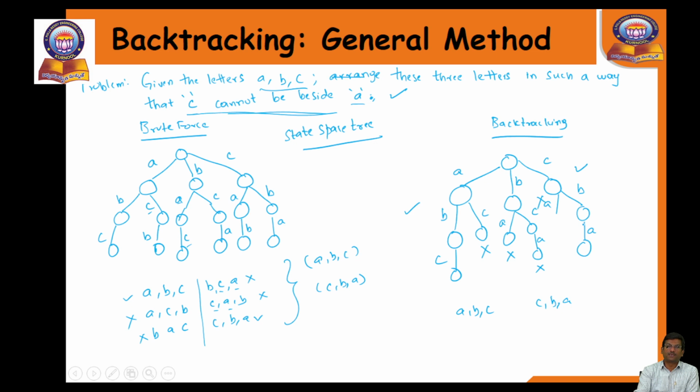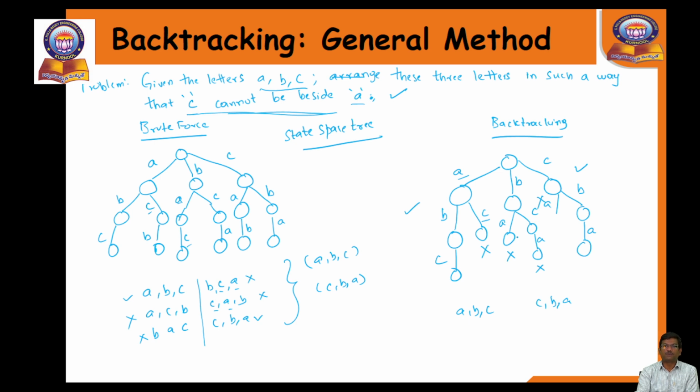But if more letters are present, then rather than using the brute force method and later finding the possible solutions, if at any case the constraint is not satisfied, the constraint in this case being that A and C should not be beside, and these two letters are beside, that is the point where you cannot go further ahead. You don't have to go further ahead. Backtrack and take the other path and find, by taking this particular path, what options you have,